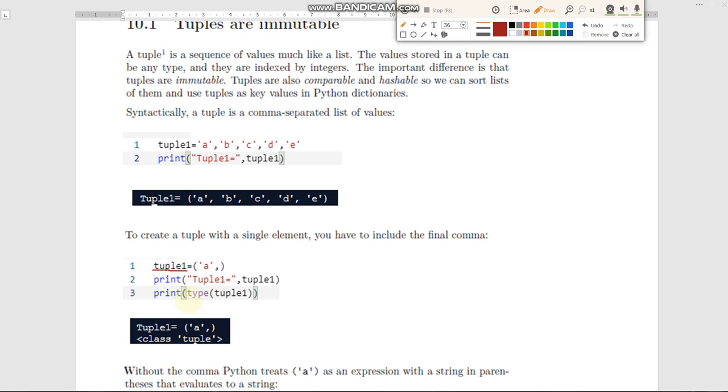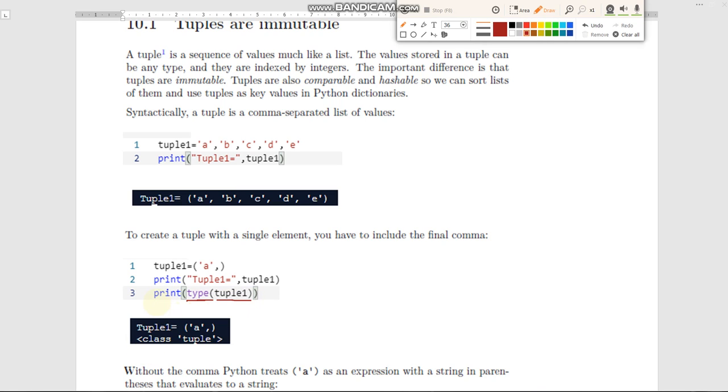So, using the type of function. type of is a built-in function. We have used the type of function in our first module. It will return the data type of this variable. So it takes the variable as argument, and it returns the data type of the variable which is passed as parameter or argument.